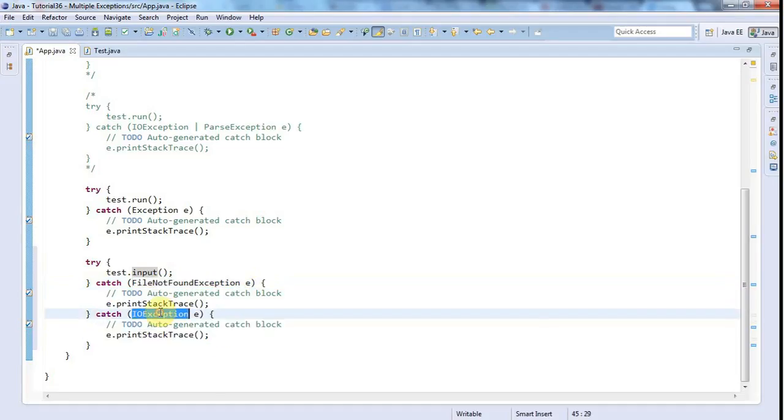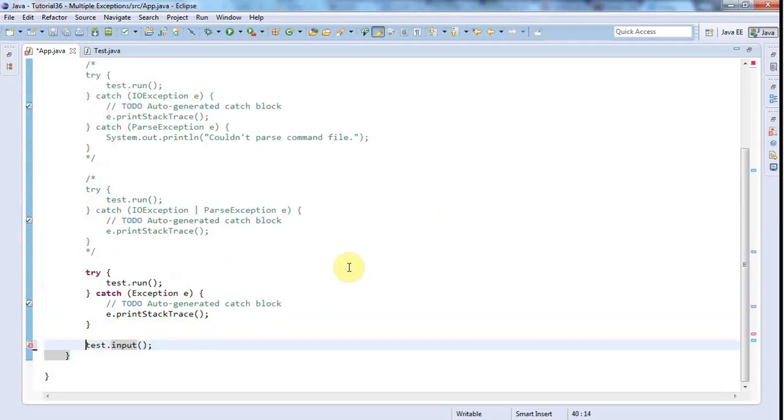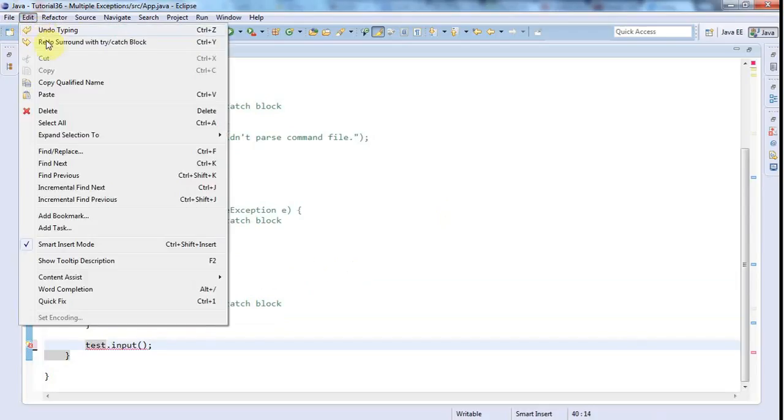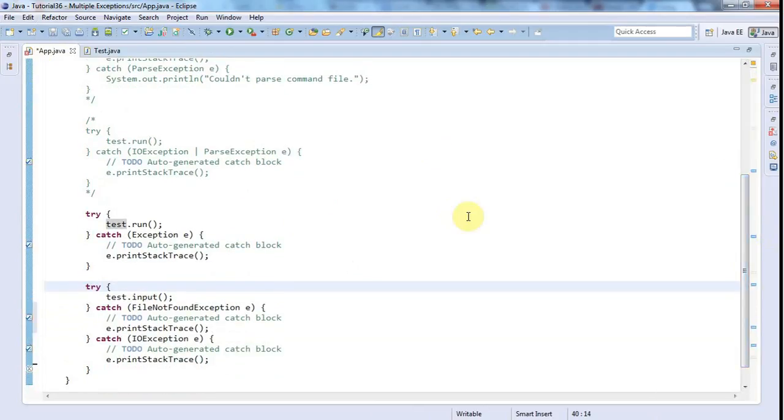And for that reason, I think if we were to say here, file not found exception, and I were to put IO exception here, I think it won't even compile. So I'd save that, and it will say here, unreachable catch block, and that's because we've handled them in the wrong order. And although this might seem like a nitpicking point, being as the compiler won't even let you type it,